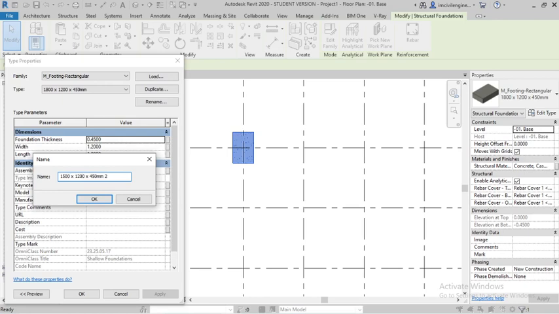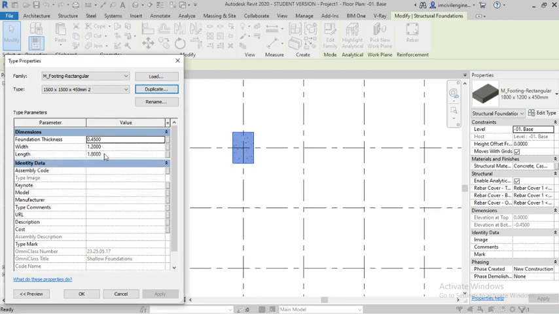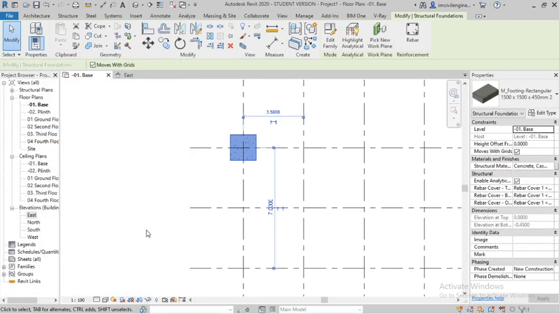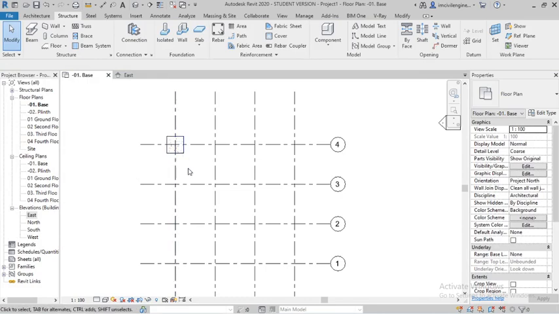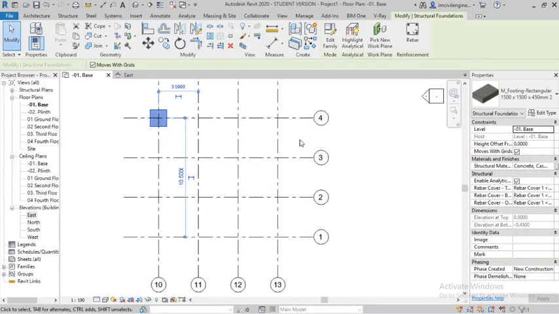I'm just showing you, okay, not the exact data. Make it 1.5, 1.5, and 1.5. Okay, so you can see here I've created the footing.